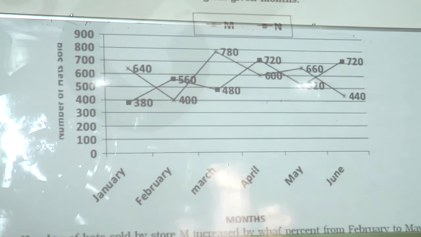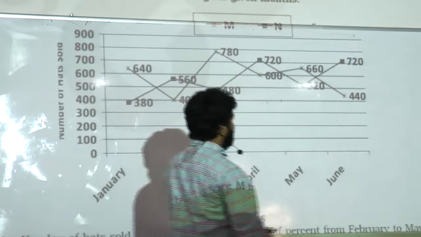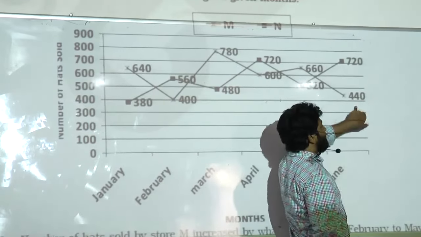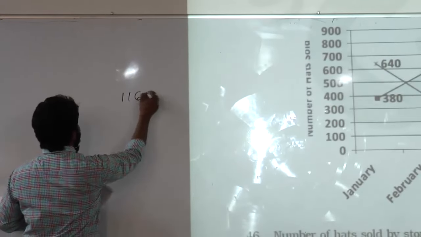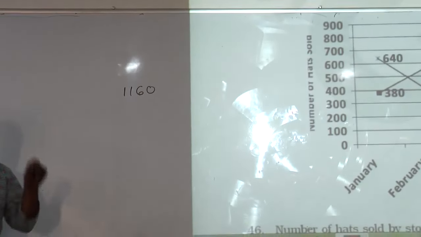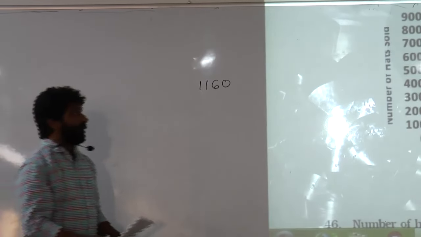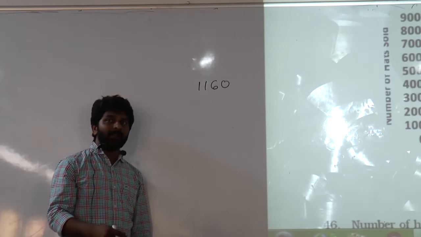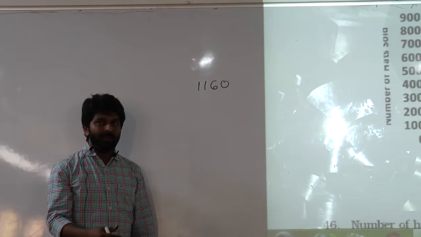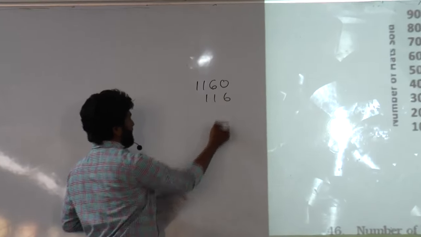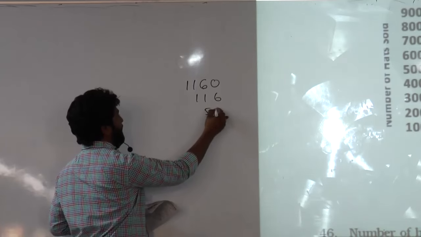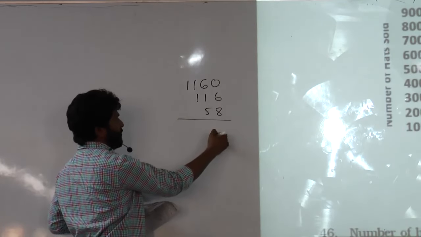In June, total we have 720 plus 440, total 1160. So 1160 is the total number of hats sold in the month of June. If you want to calculate the number of hats in July, you need to add 15%. What about 10%? 116. 5% is half of this, which is 58. So your answer should end with